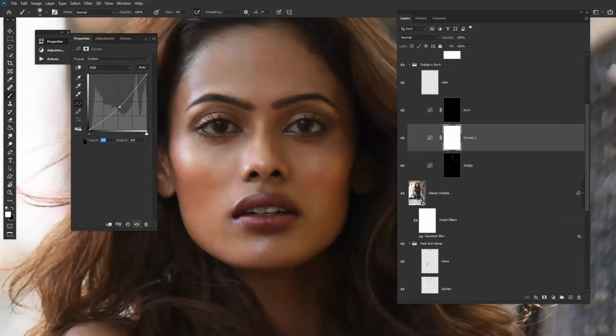But do you consider this as a flaw? No, it's not a flaw, sir, at all. It is the transition of light because you have shot in daylight, and she has a high cheekbone. You have to understand the light and position of the lights. You won't consider this as a flaw. Okay.